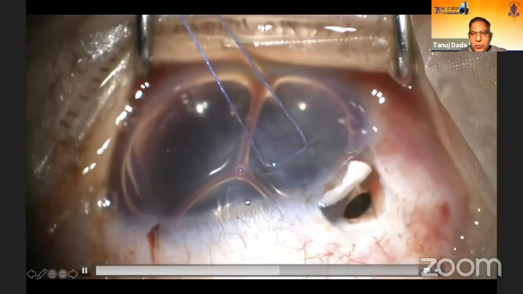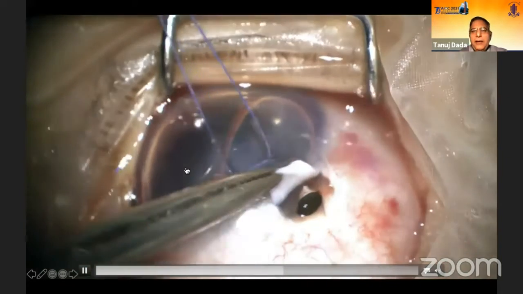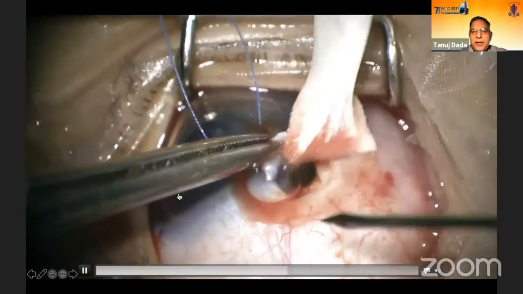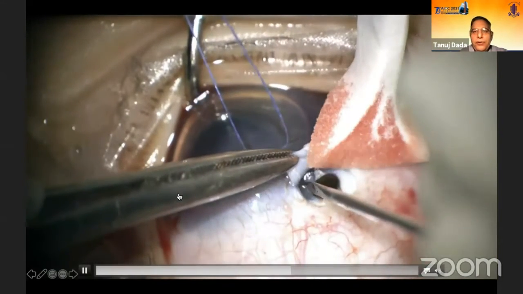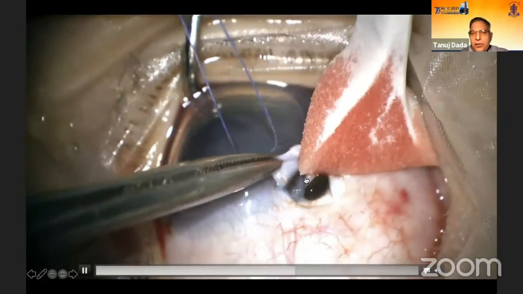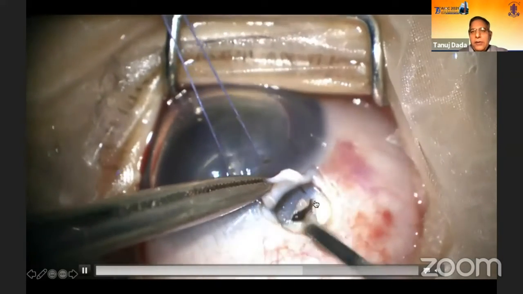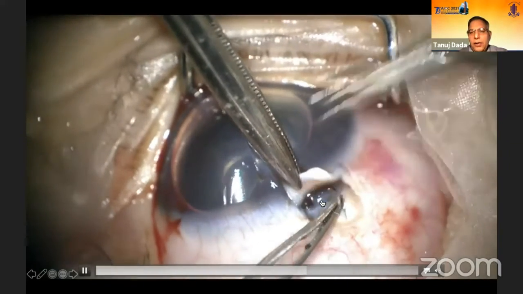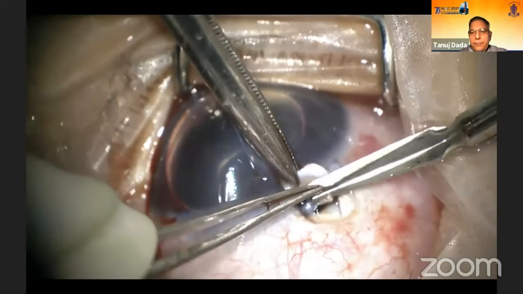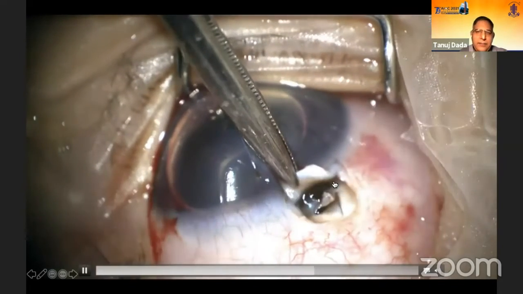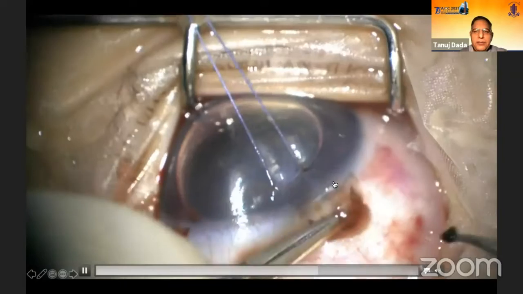So in this situation, you immediately have to put in an air bubble and wash the anterior chamber. Otherwise, your hyphema is going to organize. You make the ostium to decompress the eye. You have to again try to make the ostium and prolapse the uveal tissue back, and then complete your surgery.